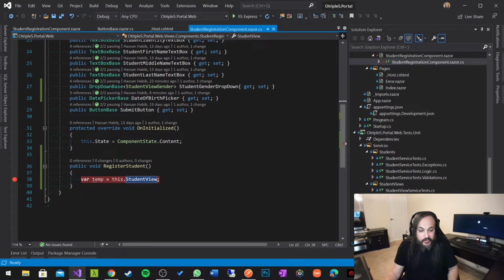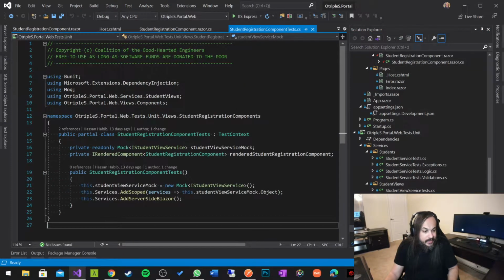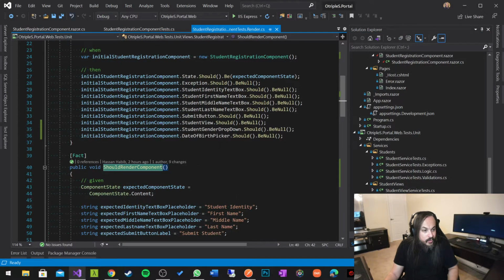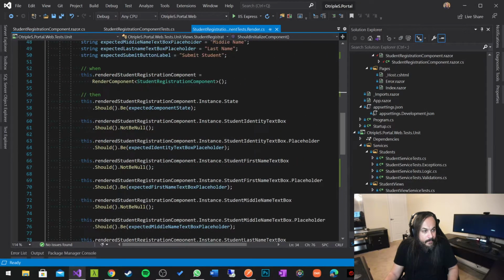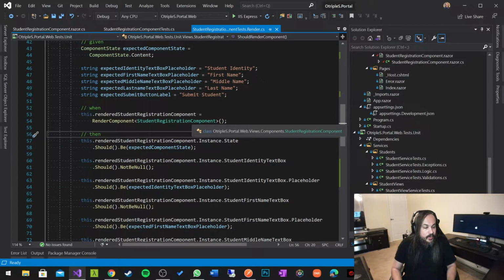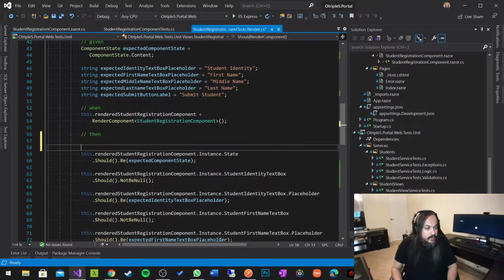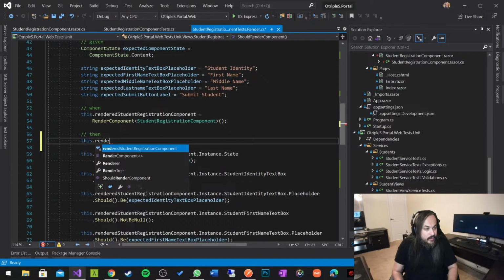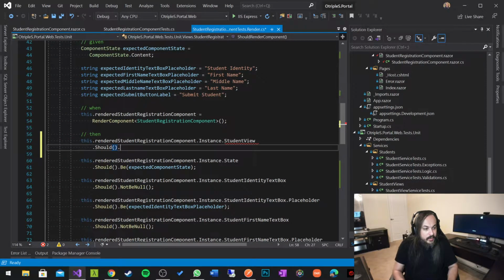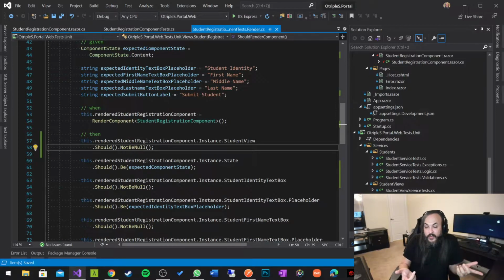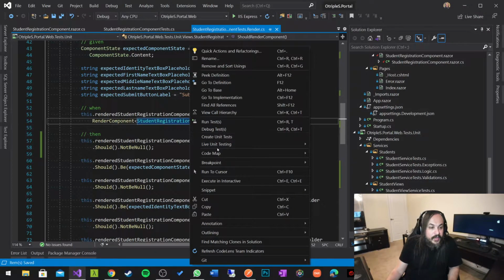Let's write a test first. Let's write a nice test, and then I'll tell you what we're going to do. So we already verified that this student view should be null, but also that student view on initialization, I'm going to put it at the top here. This dot rendered student component instance student view should not be null. So that's basically me saying it should be at its initial state. It should not be empty as soon as we have already rendered the component, because you're already saying on initialize